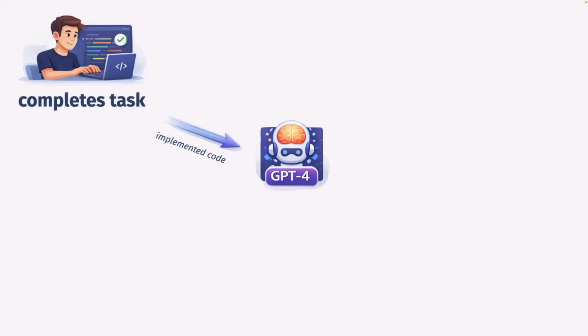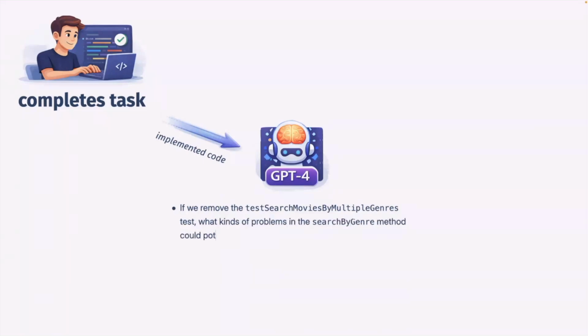One clarification here: if you remember, we have development and evolution tasks. In the development task, we sent the whole code to GPT because everything was written by the participant. In the evolution task, we sent the diff, so the changes that they implemented. And you can get questions like, what happens if I remove this test? These are real questions written by GPT. Which kind of problems in this method could potentially go undetected, for example? This is something that, if you didn't implement that method, may be tricky to answer.